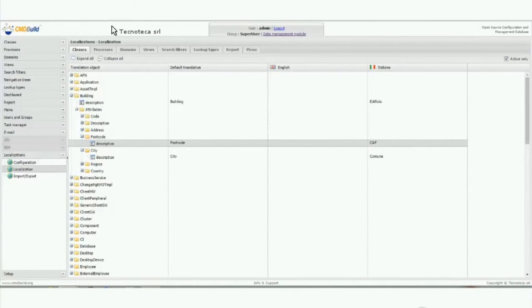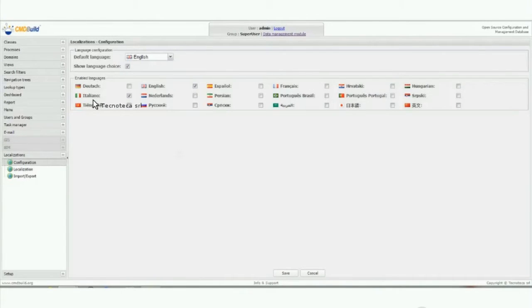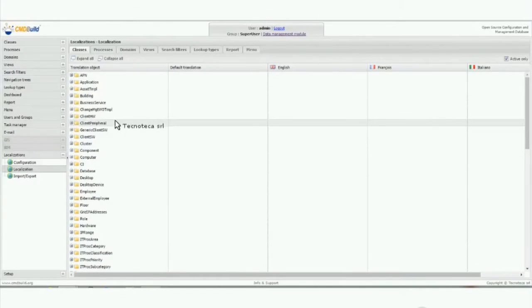So then you can go to configuration, always in the localization menu, and you can select or unselect which languages you want to translate. See the Portuguese, the two Portugueses. We also have to change the flag here. So you can select or deselect the languages you wanted to translate your CMDBuild instance into. Then you just click on save, success, and then you go back to localization, and